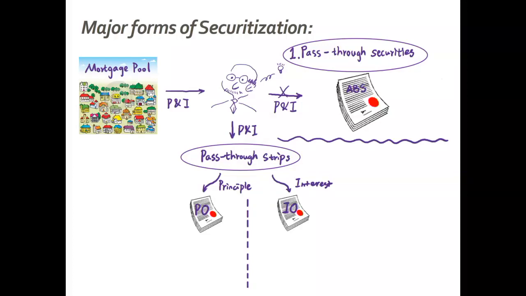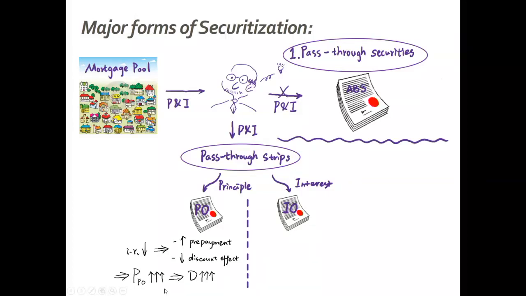When interest rates are low, remember? And when interest rates are low, when you do present value of future cash flows, what will happen? The discount rate will be lower. So consider the price of PO strip. When interest rates are low, you receive more cash flows, right? Price go up. At the same time, you discount all future cash flows at a lower rate. Price go up. So both effects gonna push up price of PO strip. So two effects gonna work in the same direction, push up price of PO strip.